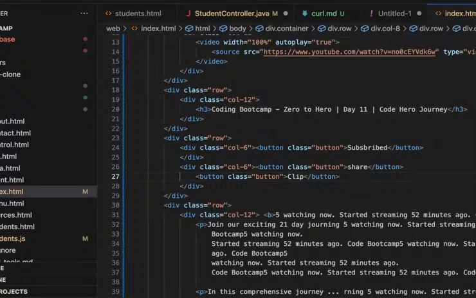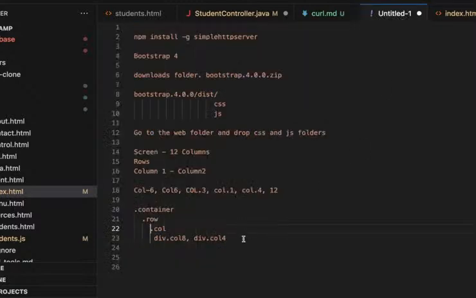So I'll just try and summarize what we have done so far. I don't want to bug us. We will continue next class. I think let's end this on 60 minutes. So for Bootstrap, Bootstrap contains classes for page layout. We'll be dealing with contents next class. For the page layout, we have